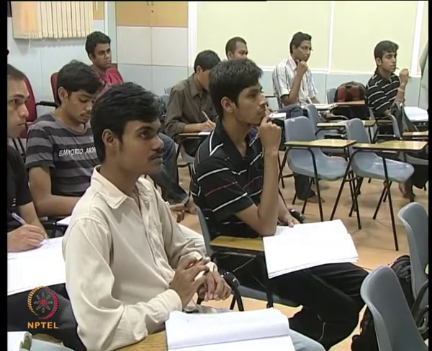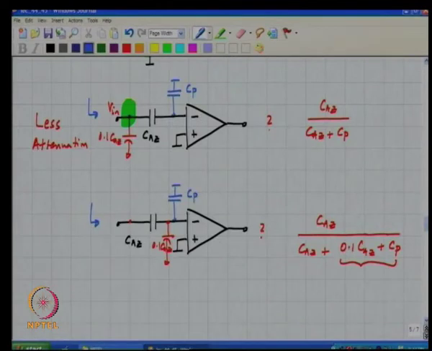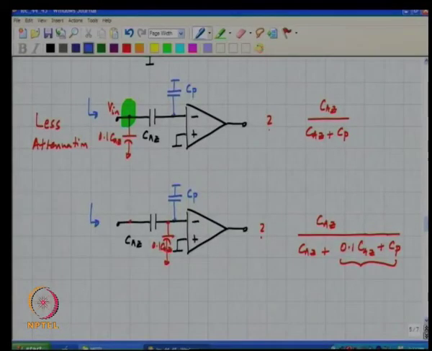Please recall that in a good design CAZ will be much larger than Cp, because you want to make sure that the attenuation due to the series combination of these capacitors is small, which means that virtually all of Vin is appearing across Cp, which means that the input current is simply the current being drawn through the parasitic capacitance plus the current which is being drawn through this 0.1 CAZ. So the Cin in this case is approximately the bottom plate capacitance, which is 0.1 CAZ as an example, plus Cp. How about here now in the second case?